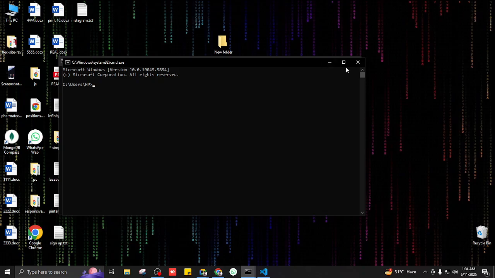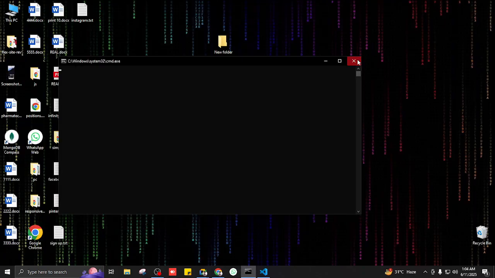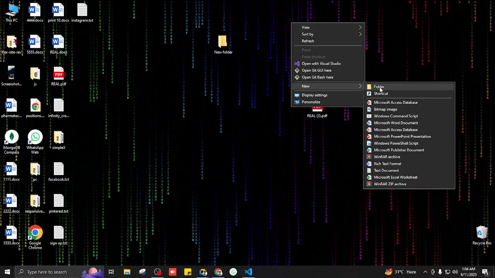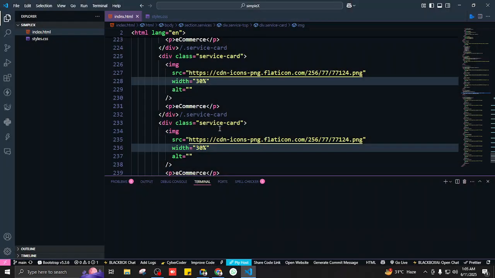So basically, what we do with GUI, which stands for graphical user interface, for example, if you want to create a folder, we'll just right click and then new and then folder. So basically all of these processes have some commands running behind the scenes. So basically CMD is for all of those commands. We've discussed those commands, we'll keep on discussing them, but at the moment we already have